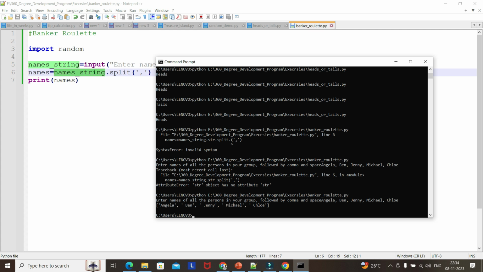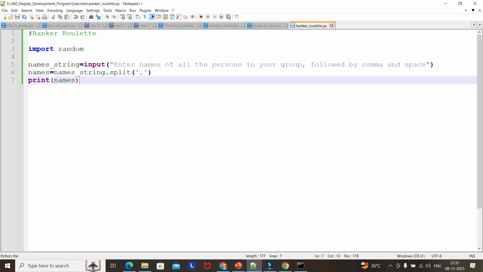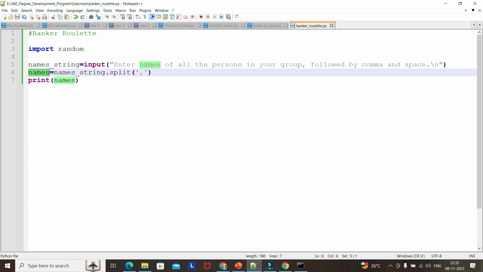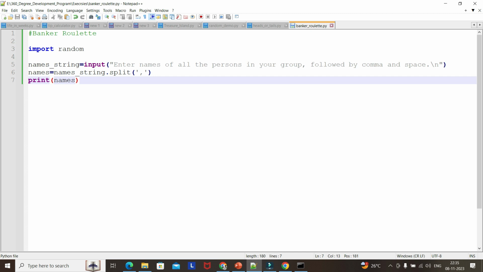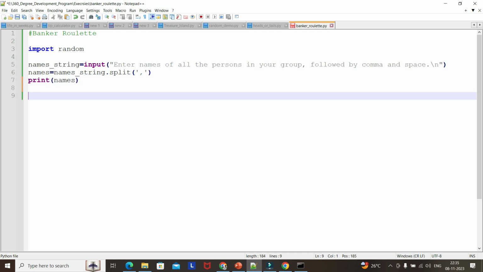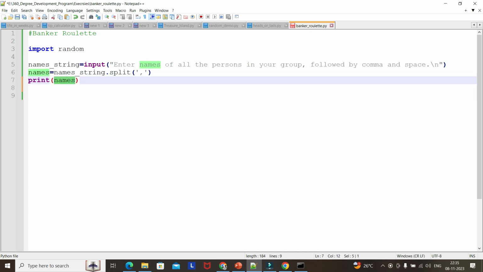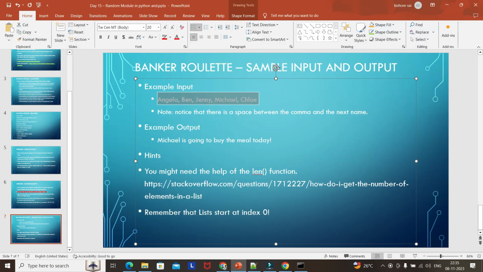Whatever I have given, if you see, the names are converted into list objects. Now comes the main part. Why do they want us to use